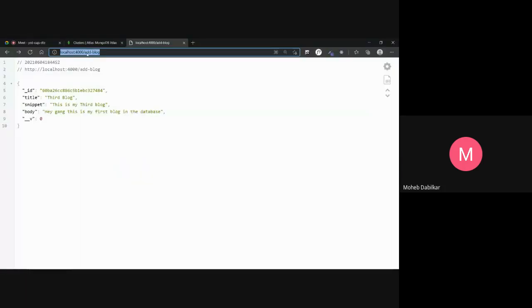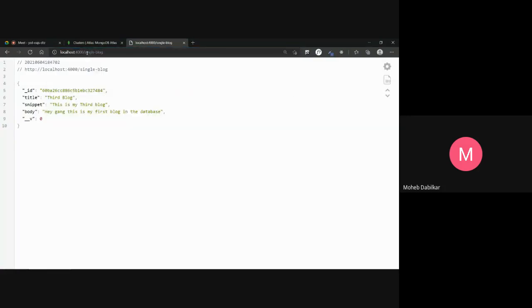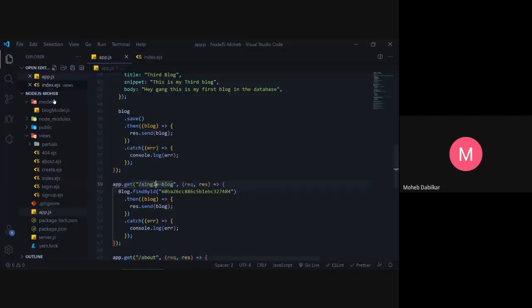So now if we go to this single blog, you see it returns us our third blog. But what if I want to insert this dynamically? Now if we have 1,000 blogs, we cannot go ahead and put find by ID and some random gibberish over here.